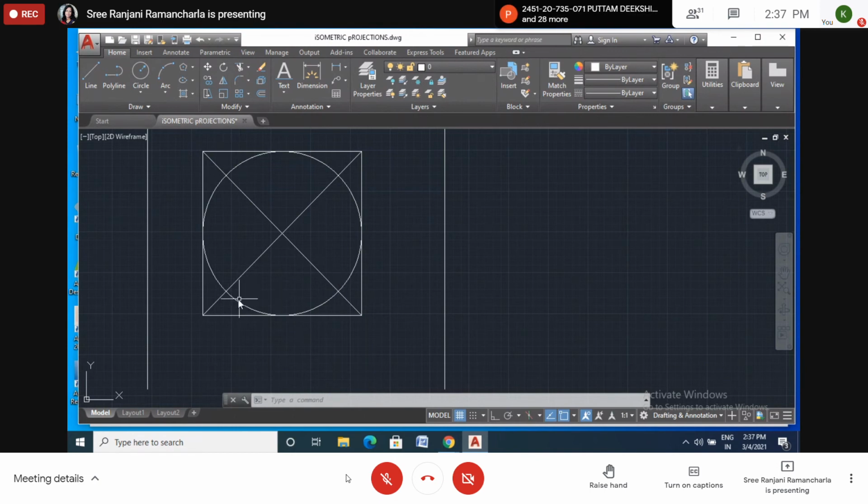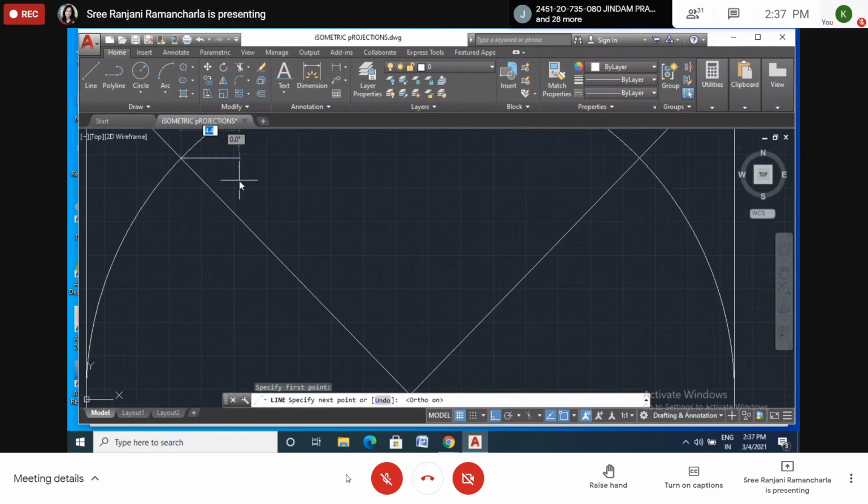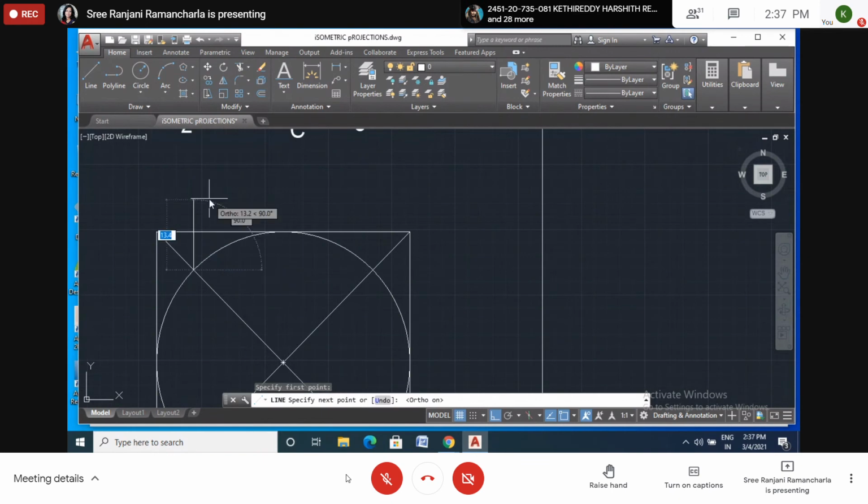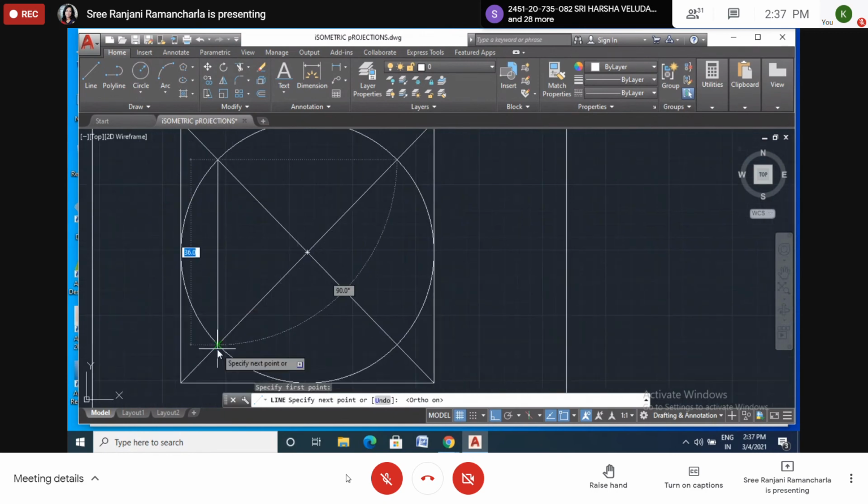And from these points, we have to draw the offsets like this. We have to draw the offsets. Or else you can draw like this also.